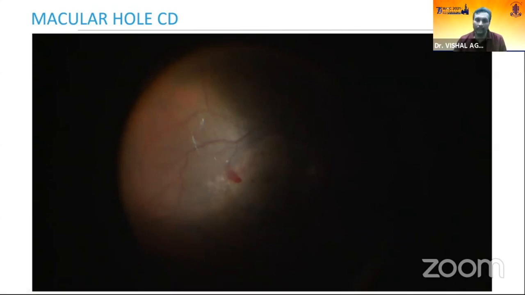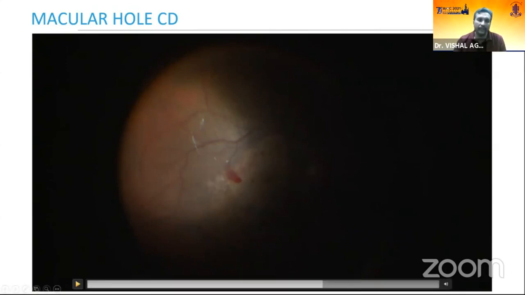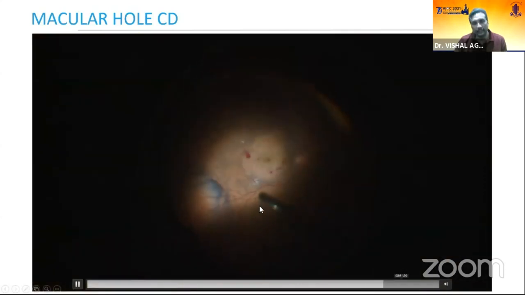So it's very important to see not just the part where you are operating, like in macular hole, you are always concentrated on the macula and the ILM peeling, but also frequently give a glimpse to the periphery, and you can identify these problems early enough so that these cases can be rectified and you have a satisfactory post-operative outcome.